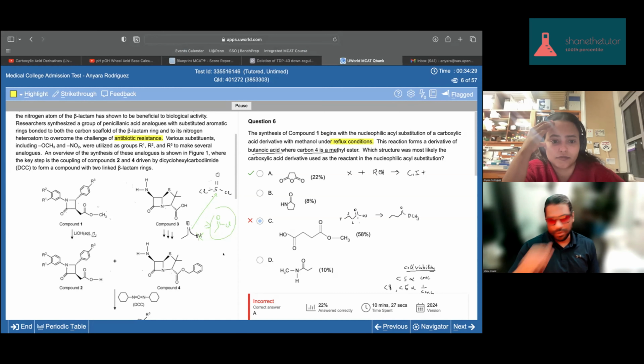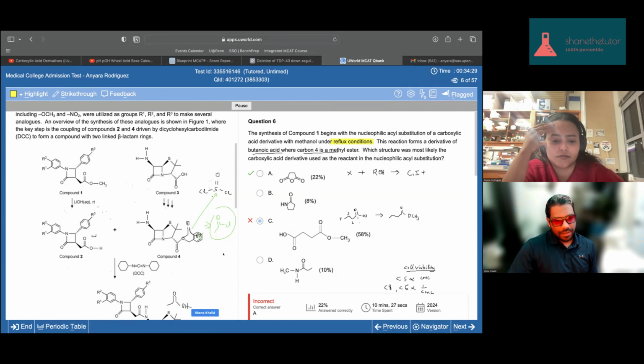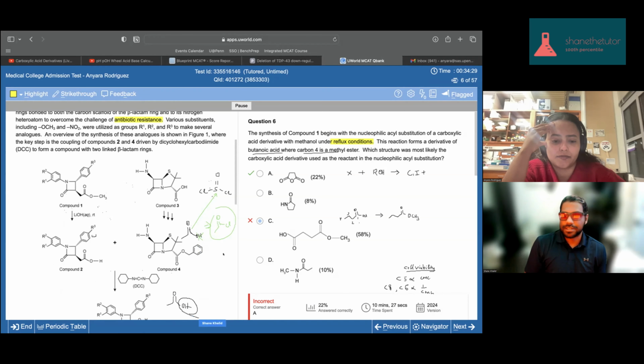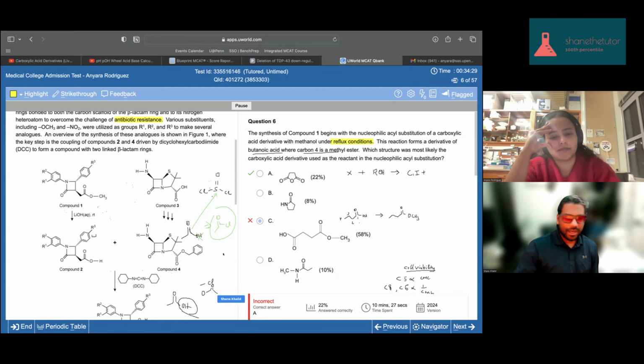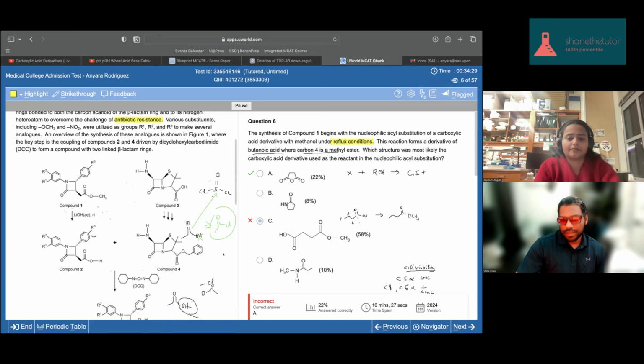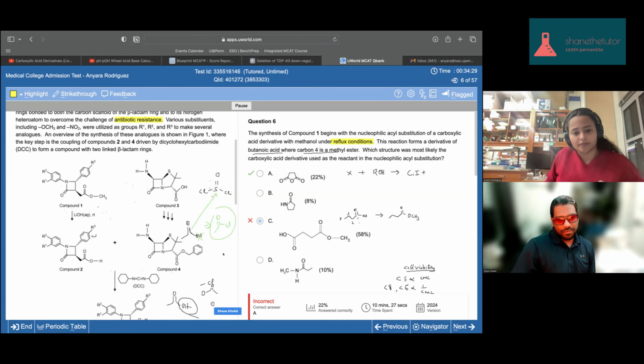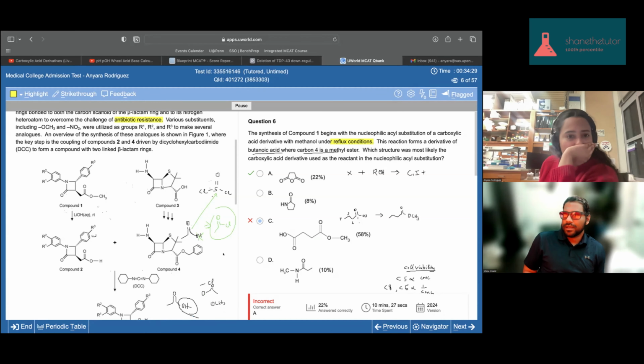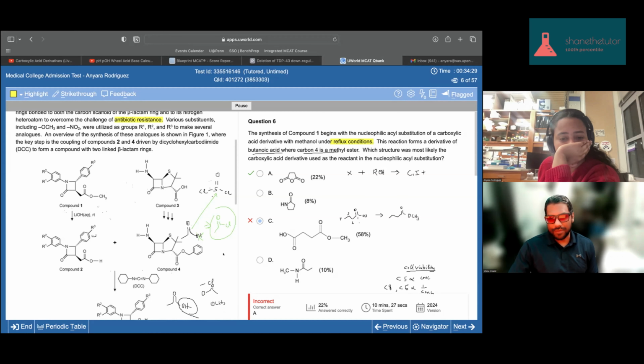any type of carboxylic acid derivative will mean that this OH part is going to get replaced. It can get replaced with a bond to a chloride. Or it can keep its oxygen and just have another thing attached to that, which will be the anhydride. It can be an ester, which means the O will still be there, but the H will turn into something like a methyl. So essentially what we're having here is this turning into that.